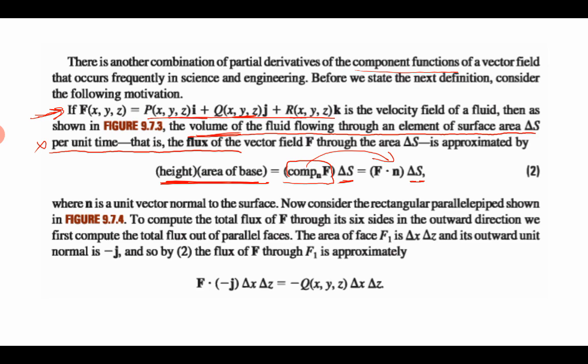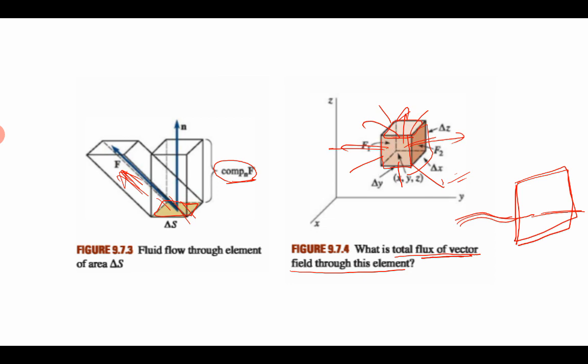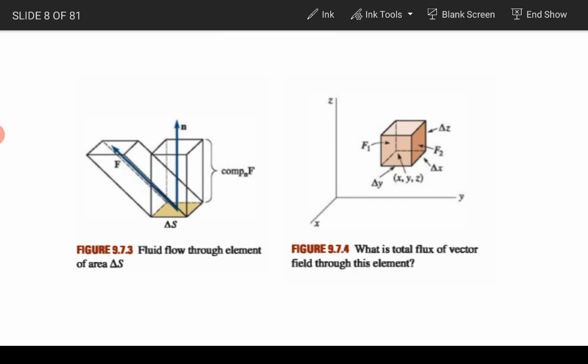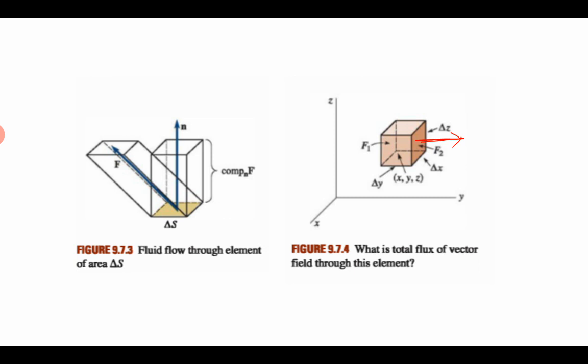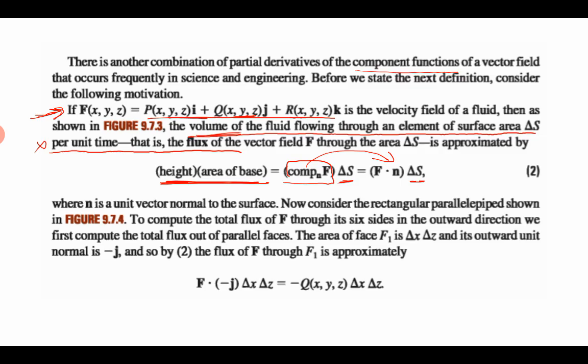The outward normal vector is in this graph, in this direction. Outward normal vector for this kind of cube in this direction is the y direction, it is j. In this direction, the outward normal vector is negative j. In this direction, it is k vector. In this direction, it is negative k vector. So towards x, it is i vector. Opposite to x, it is negative i vector. So for every direction there is an outward normal vector, either i, j, k or the opposite, negative signs, right?